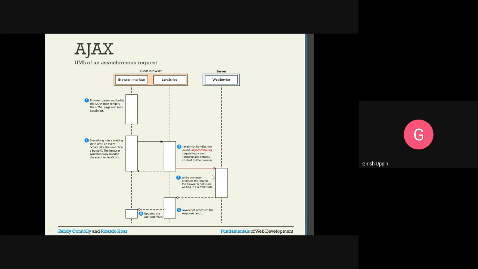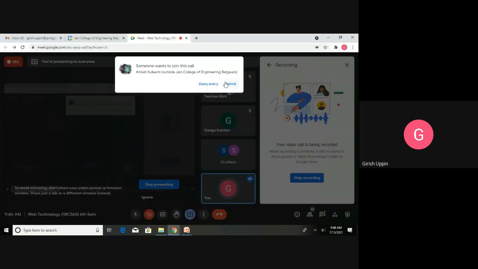JavaScript makes that asynchronous call, maybe to some kind of a web service or whatever. It sends that request, and the rest of the application is available for the user and remains responsive. If the user wants to do some other kind of action, he can do it. Meanwhile, the request will be processed, and once it is processed, we receive a response from the web service, and JavaScript processes that response and updates the browser interface, so that the updated information is displayed on the web application.